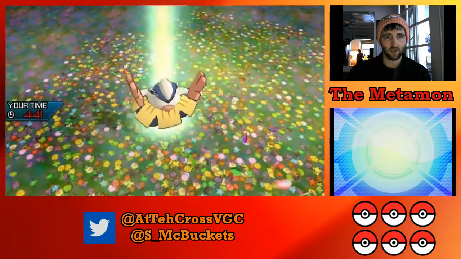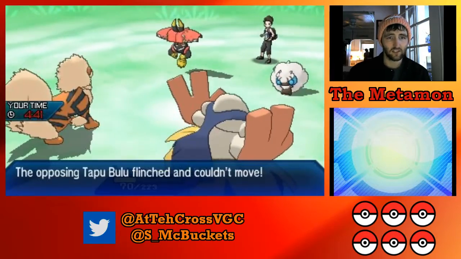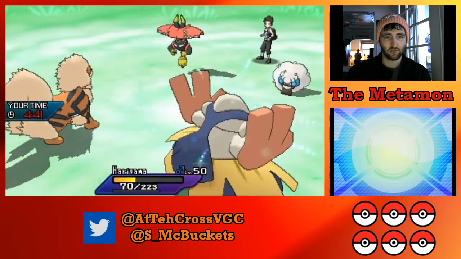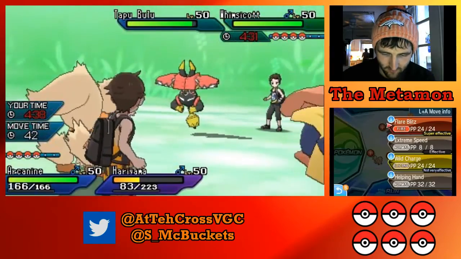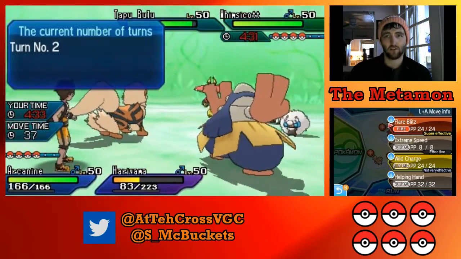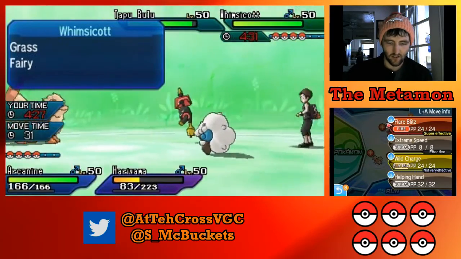Yeah, so he goes for the Hari. We can take this pretty decently with our Assault Vest. Yeah, we take it, at least. If I had to guess, he switches Bulu into something like Swampert. But that's fine. It's just a matter of whether Swampert could take two attacks from both Whimsicott and the...